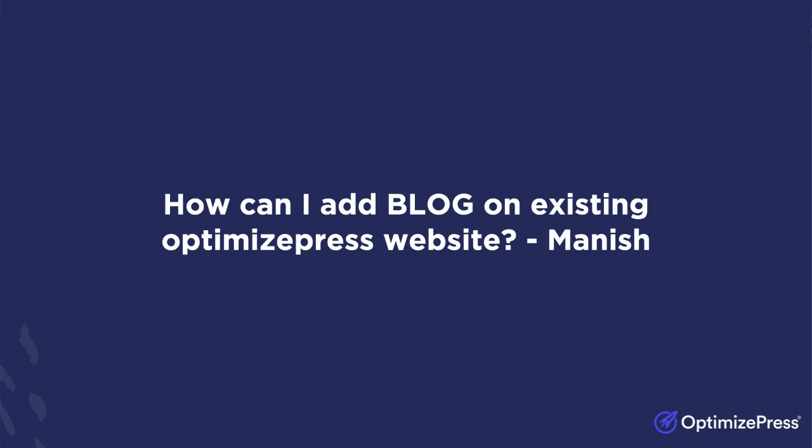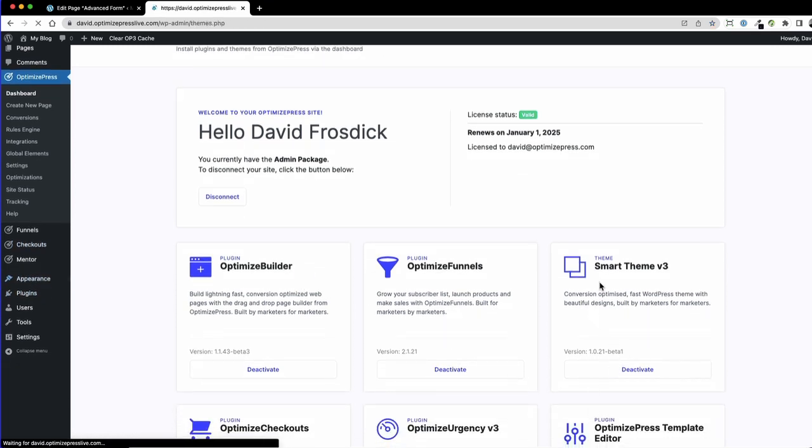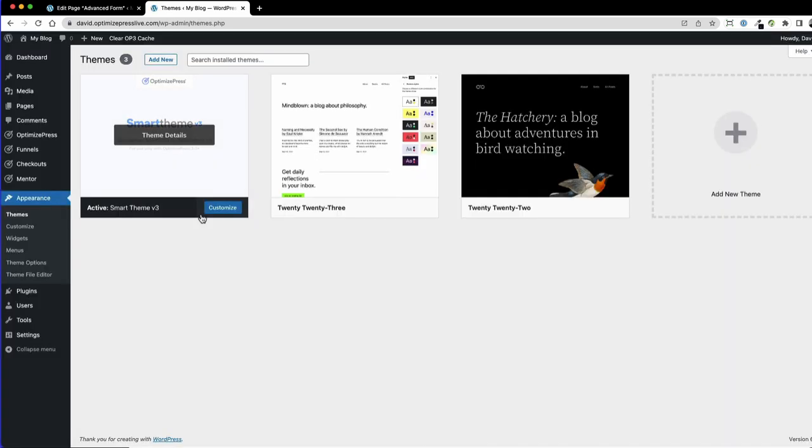How can I add a blog to my existing OptimizePress website, from Manish? So Manish, I probably won't go into this one too much because we've done quite a few questions on the blogging. Yeah, you want to make sure you've got your theme activated. So appearance, themes, or download from here, the smart theme on the right, you can see. You can install and activate that. Or if you already got a theme,